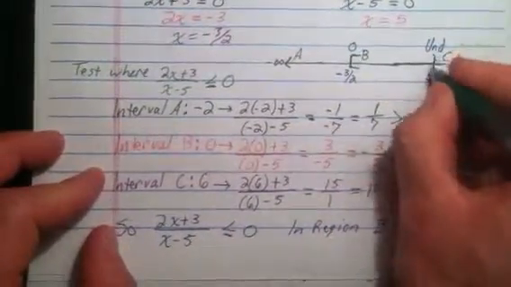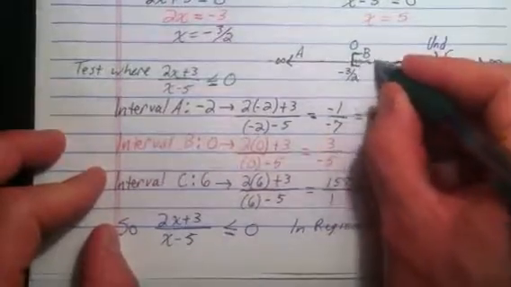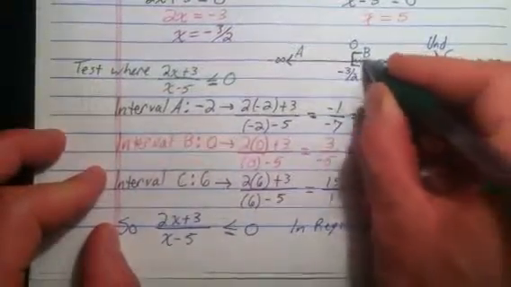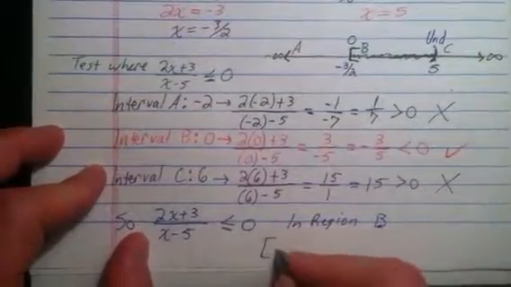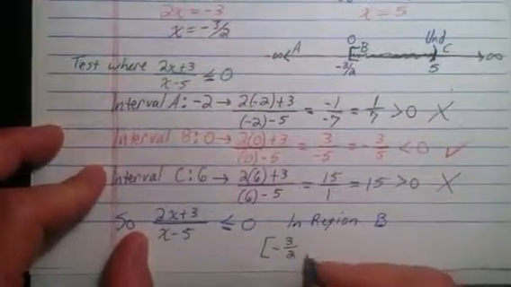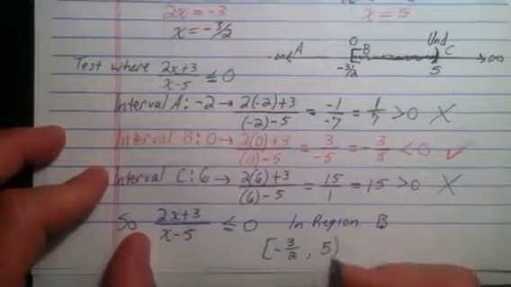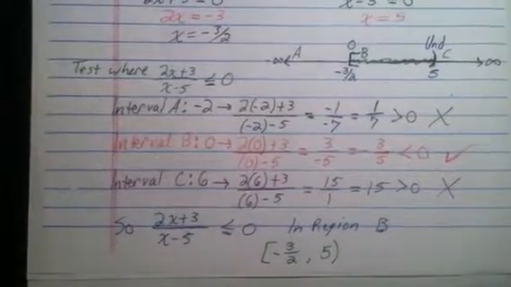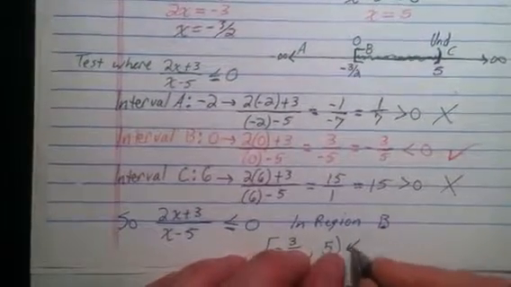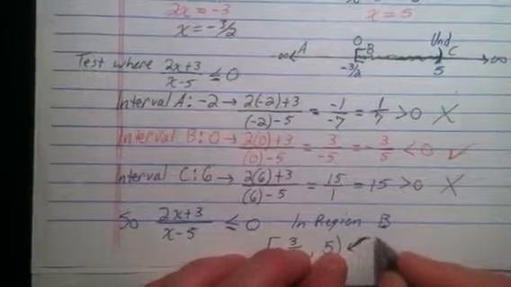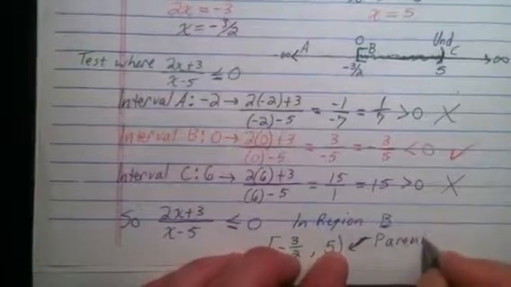But then remember, we only have a parenthesis in spots that are undefined. So this is the interval we need to describe. So to do that, bracket at -3/2, comma, +5, but we use a parenthesis. Okay. Parentheses,